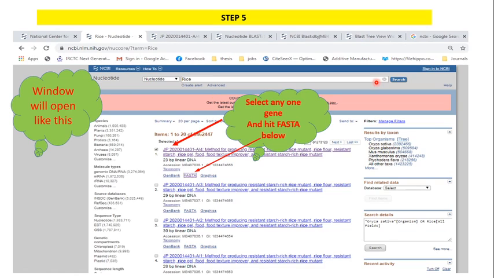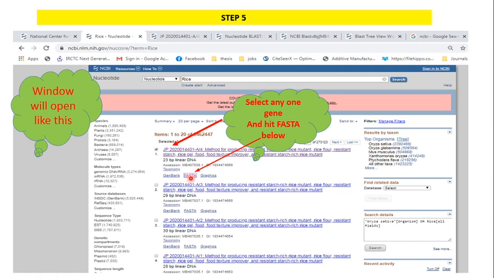In the next step you get so many genes related to rice, but here I select one gene, the first gene, and this gene is a rice flour gene or resistant starch gene, meaning this gene is related to the starch in rice, clear. Now we want to take the FASTA sequence of the nucleotide of that gene. So I hit on FASTA.